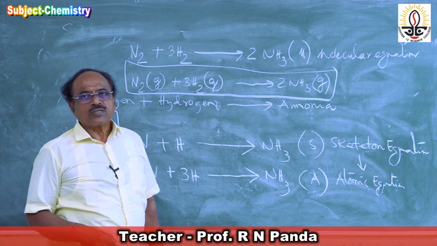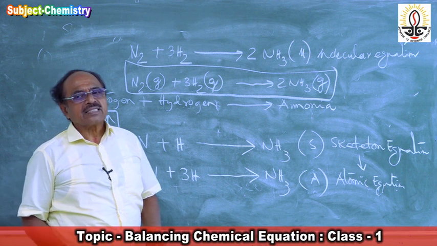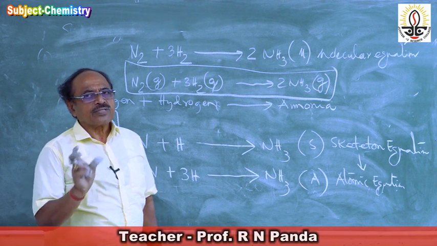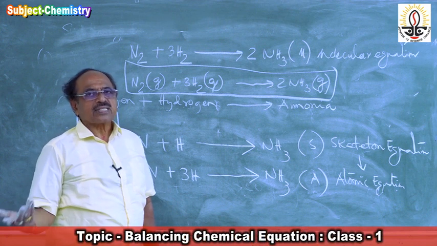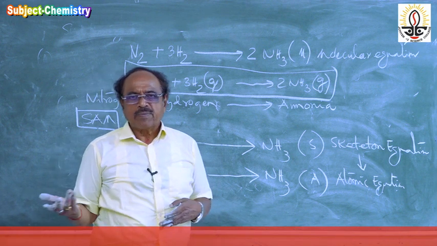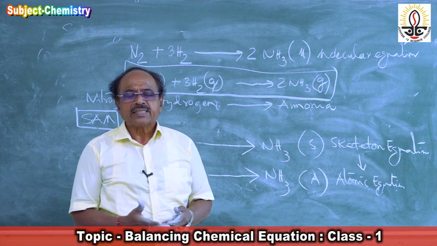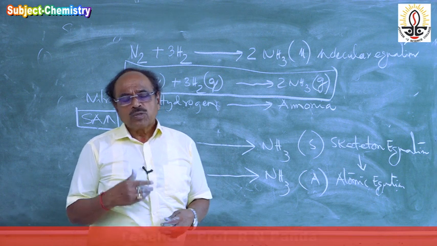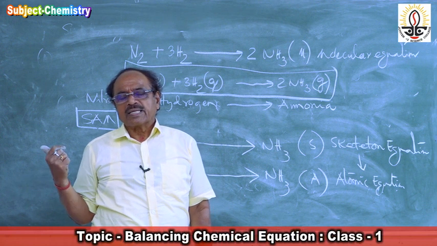Now in the next class, we will go on balancing chemical equations. We will write the reactions, we will take different reactions. The reactions are of different types. It may be a combination reaction by synthesis, it may be a decomposition reaction, where one breaks and others are formed. Then it may be a neutralization reaction, where acid reacts with base to form a salt, or one is an oxidizing agent and the other is a reducing agent, they will react in redox reactions. So many types of chemical reactions are there. So we will take different types of chemical reactions and write their balanced chemical equations.